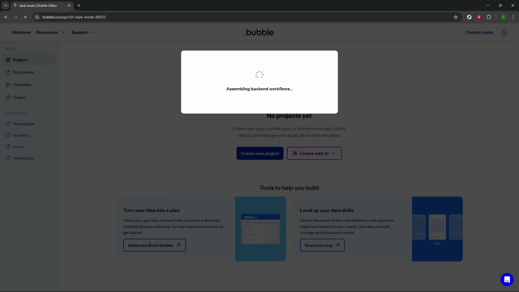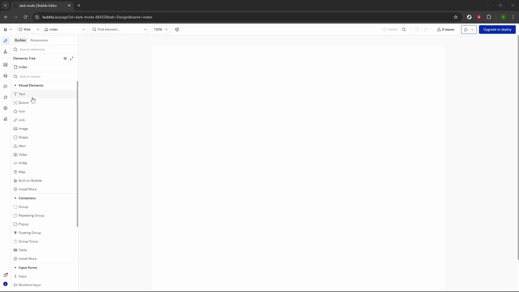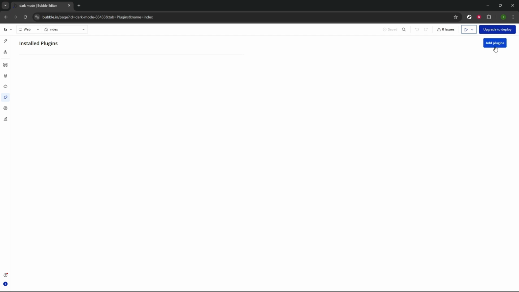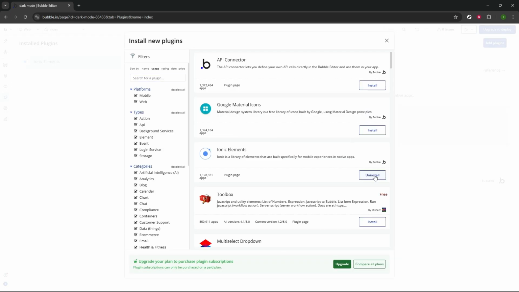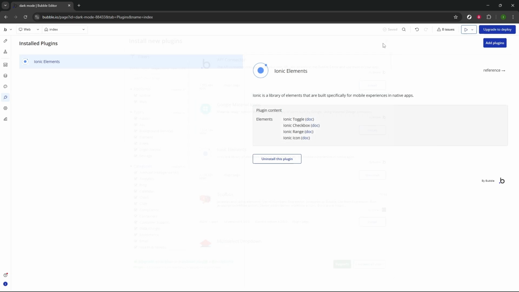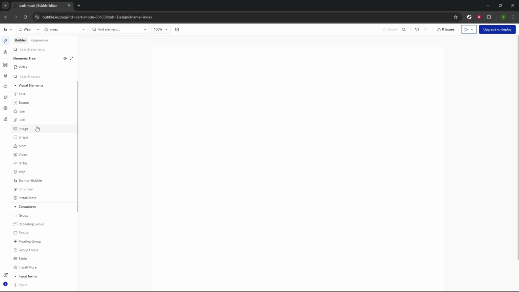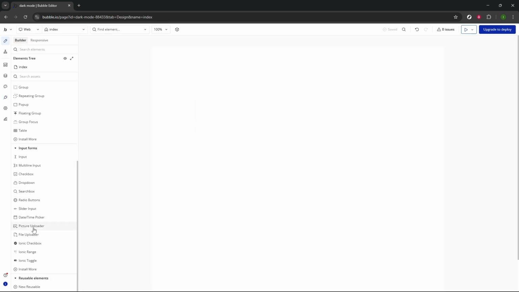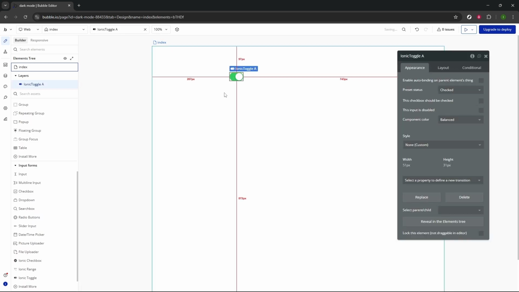You'll be prompted to give your project a name. You can try something like Dark Mode for simplicity. After naming your project, hit Start for free, subscribe to Deploy to Live to proceed. Next, we want to create a blank app. Click Create a Blank App to begin your new project. Once this stage is complete, select Get Started and then opt for Start with Basic Features to initiate the default